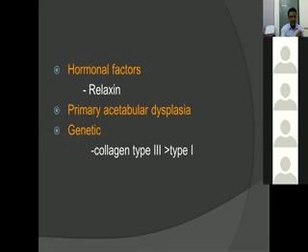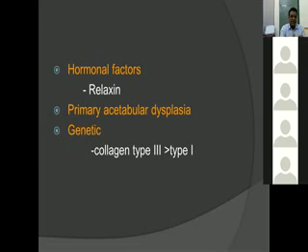Next is the hormonal factors. This explains why the female ratio is more common compared to male patients. Relaxin is a hormone which occurs in mothers. It helps in the relaxation of the uterine walls to accommodate the growing baby. The same relaxin passes through the placental circulation to the female baby, and along with this, estrogens secreted by the female baby cause laxity of the ligaments around the hip joint. So the chances of getting dislocation or subluxation will be high. Dislocatable hips, instability will be more. Relaxin is one of the hormones.